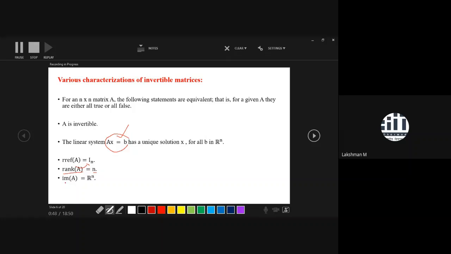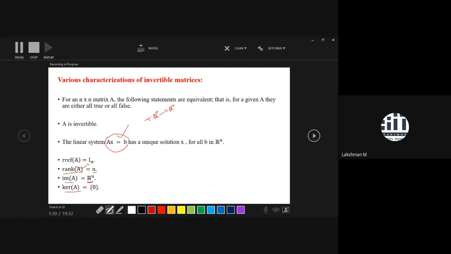Now, we had already seen the image and kernel of the transformation and the corresponding matrix. So if the image of the matrix happens to be equal to the domain, this one is the domain, then we can claim that the matrix is invertible. Similarly, here it is self-mapping. If your domain and target set are both the same, that's why it is a self-mapping. A square matrix is associated with a self-mapping kind of linear transformation, that means a linear transformation from Rn to Rn.